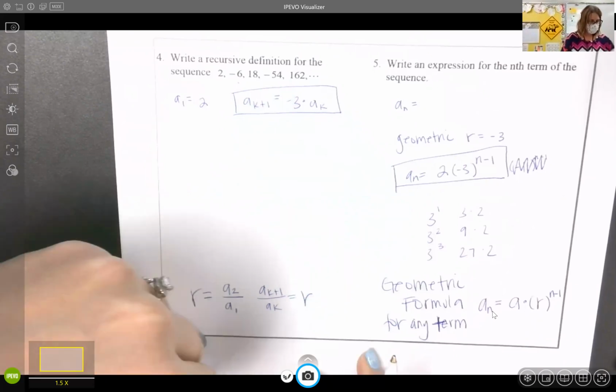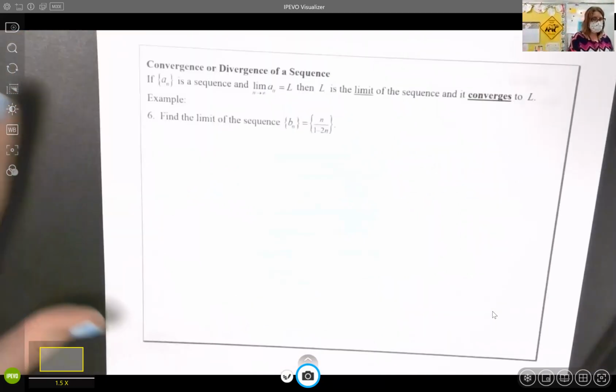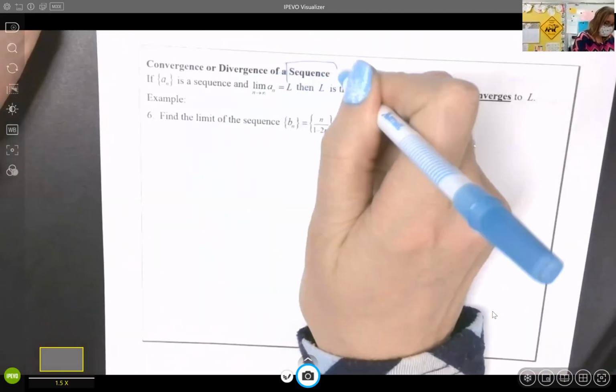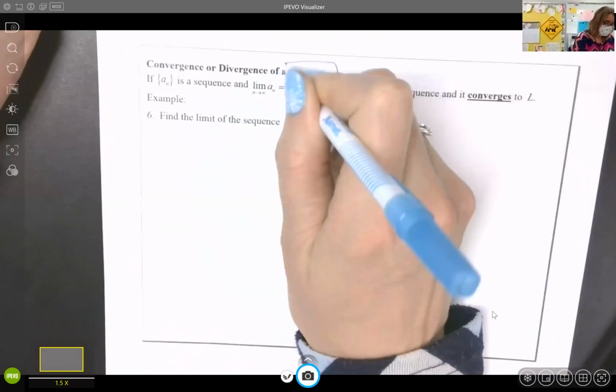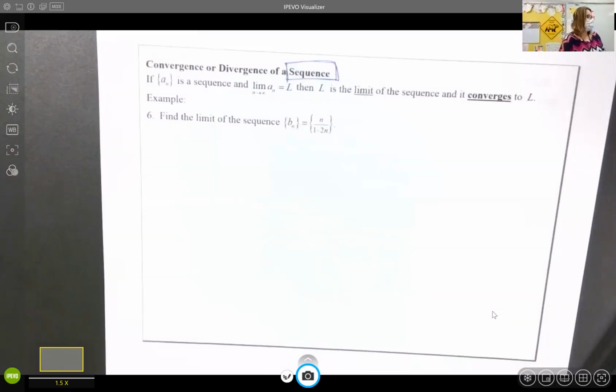I don't think we do much with it yet. We're just going to talk about, now this you have to be really careful, because today we're learning about the converging or diverging of a sequence, okay? So a sequence is just a list of numbers. It's really important you understand this. A sequence is a